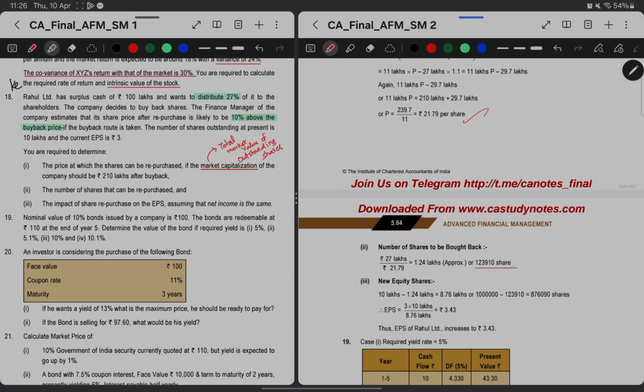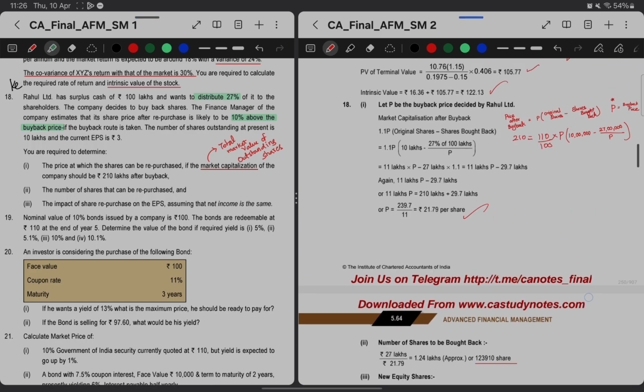So 1,23,019 shares are bought back. The third requirement is the impact of share repurchase on the EPS. Assuming that net income is the same, they have given EPS as 3. So the current net income is 10 lakh outstanding multiplied by 3 EPS, which will give us the current income of 30 lakhs, and we need the number of outstanding shares after buyback, which will be 10 lakh